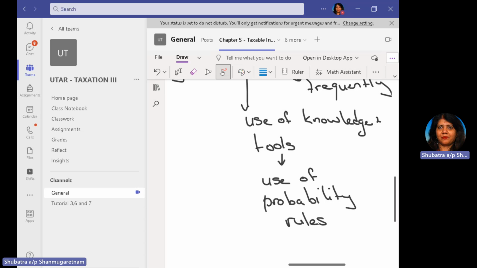All right, and I've also uploaded the link to the 2 competitions, the EY competition and the Deloitte competition. Now I do understand that the EY competition is an individual competition, but as